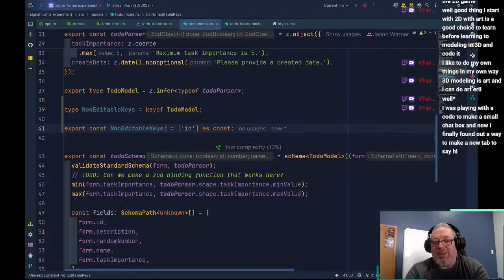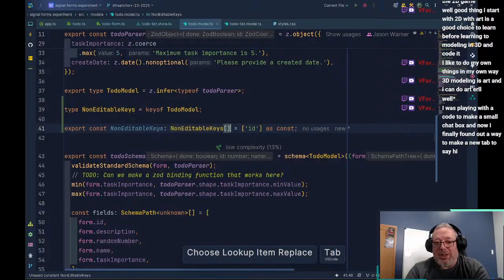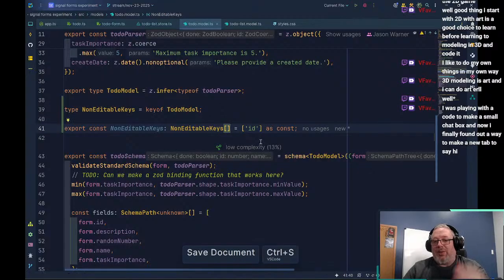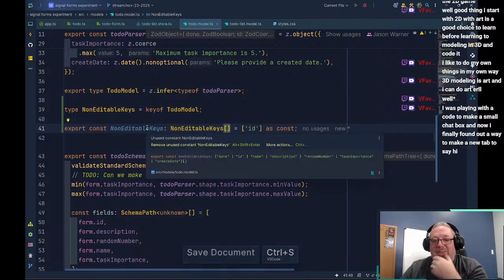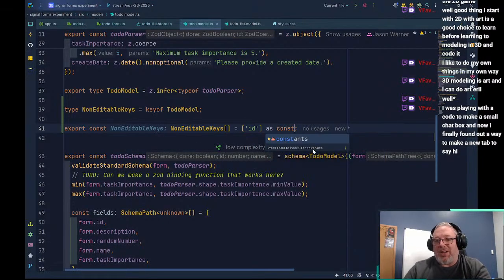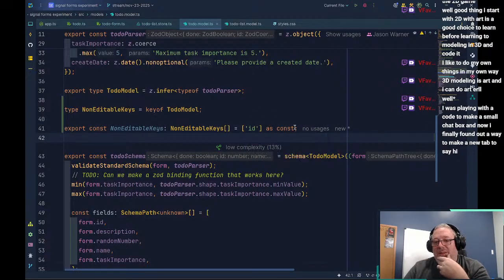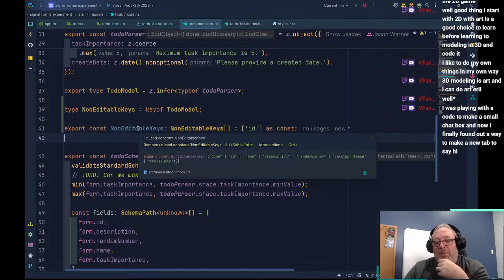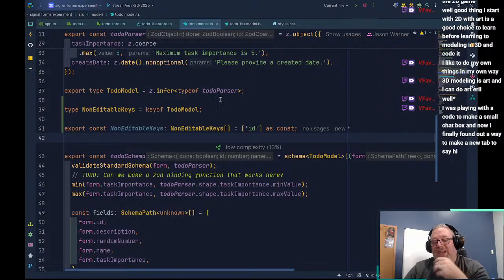So non-editable keys here is the non-editable keys array. And now this works. We do need the as const here, I believe, otherwise this breaks. No, it doesn't. I like the as const because it narrows the type. So this type is narrowed to just an array that has the ID string in it, and then our non-editable keys can have any of those, but it has just the ID in it.